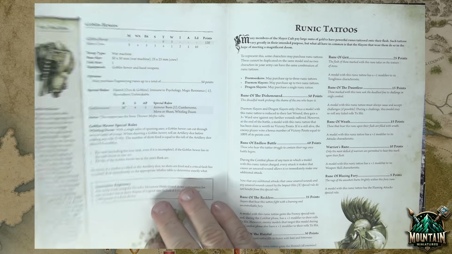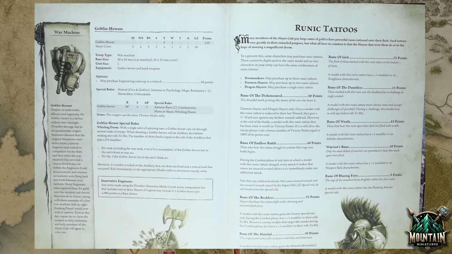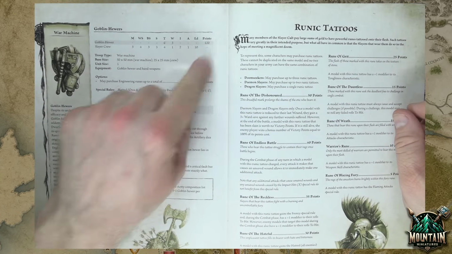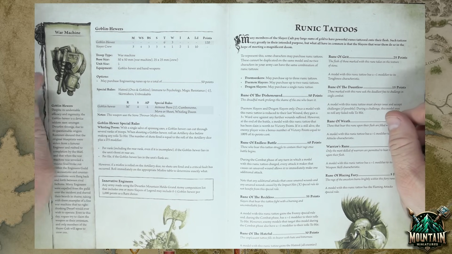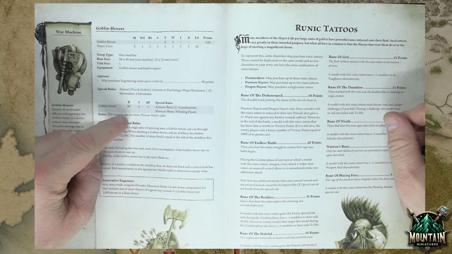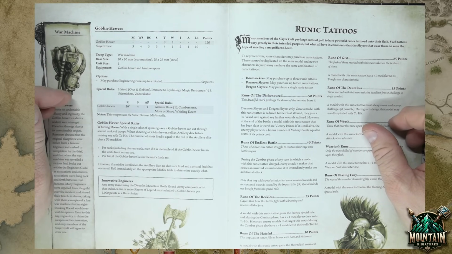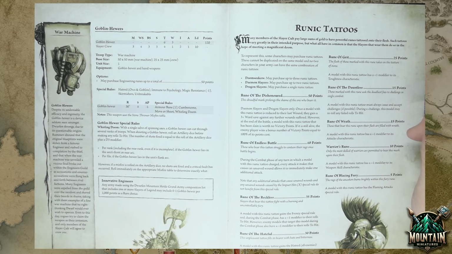I'm actually a little excited for that. Goblin Hewers. We'll come back to these Runic Tattoos in a second, but Goblin Hewers, 120 point war machine. It's crewed by players, but only MR1, not 2. Excellent. The way it fires, you roll an artillery dice plus D3 for every rank the opponent has,